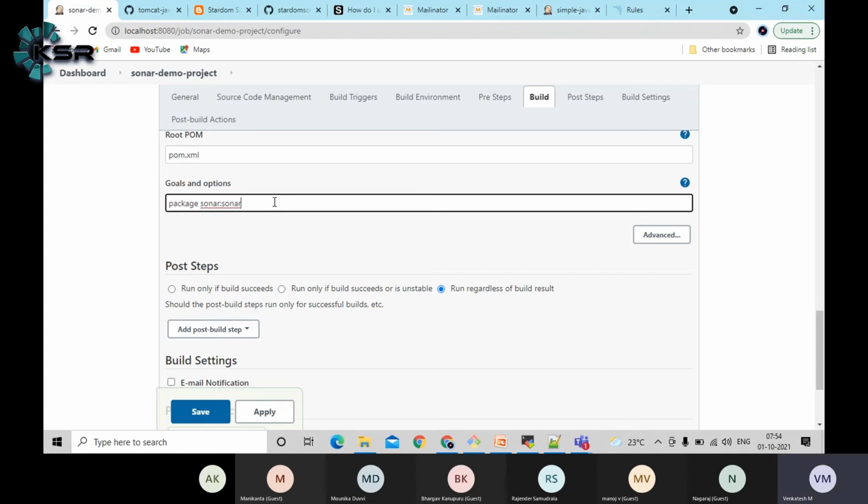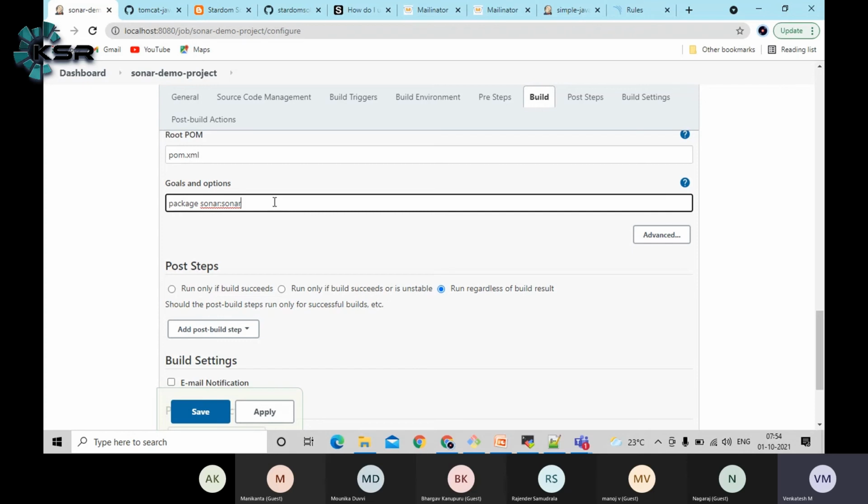When you pass this, it will first check whether any SonarQube server is running in my local or not. If it is running, it's going to connect to SonarQube and publish all the code quality metrics, guys. If you are running it in a separate virtual machine, then you should pass some more arguments. Those parts also I will cover in further sessions.